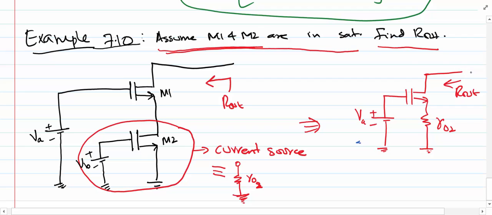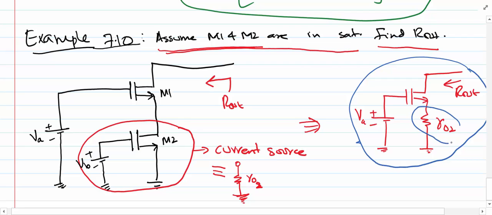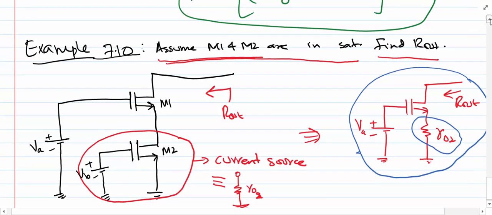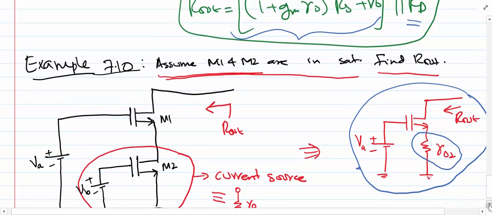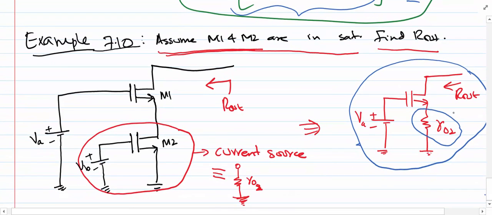अगर हम इस सर्किट को केयरफुली ऑब्जर्व करें तो what we realize is this is more or less like a degenerated common source. वहाँ पे RS था सोर्स के साथ, यहाँ पे सोर्स के साथ R02 लगा हुआ है. So if I remember correctly, वहाँ पे हमारे पास, well, additionally there was an RD over here. RD यहाँ पे नहीं है. So what we can see is कि हमारे पास जो आंसर है is going to be something like this without the RD. So हमारे पास जो resistance आएगी, हम यहाँ पर देखें output resistance, that is going to be equal to